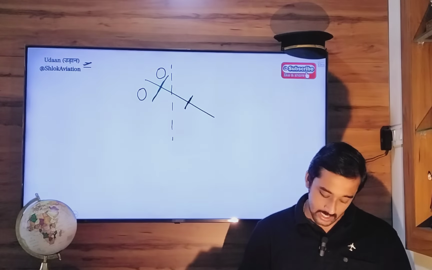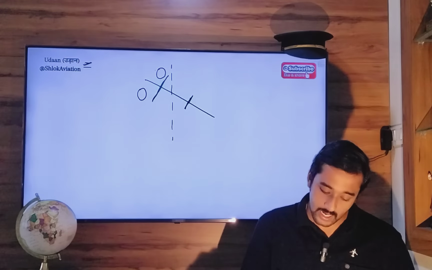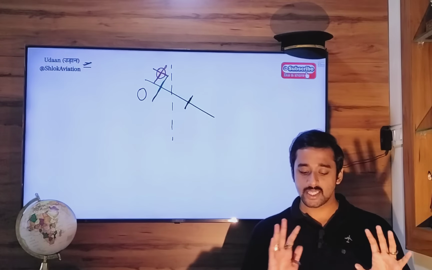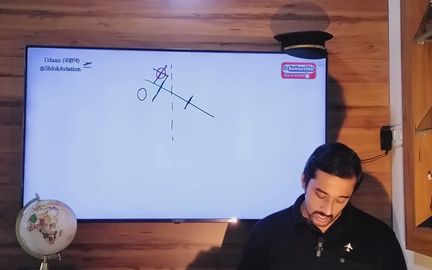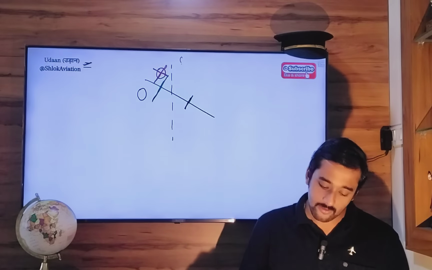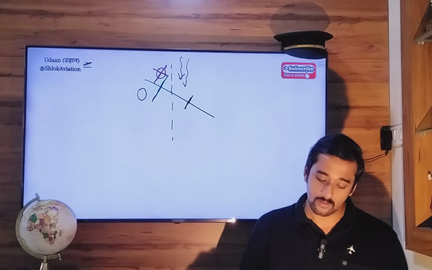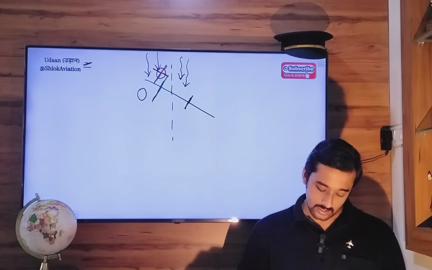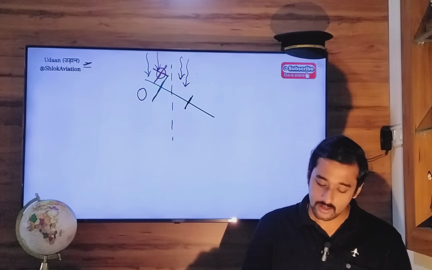The right hand static port is blocked. That means it is not available. The left hand static port is working fine. Now the relative airflow which is coming head on, from the 12 o'clock position, right from the front, will create impact pressure here,